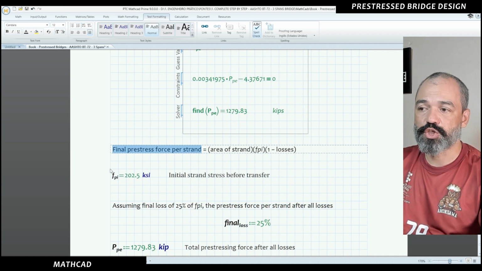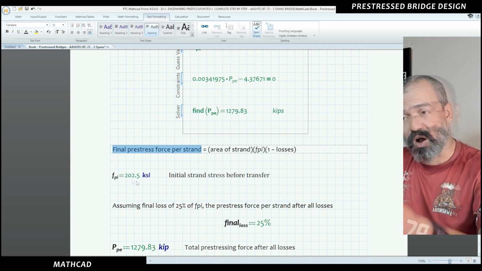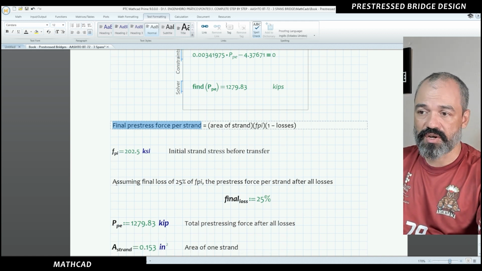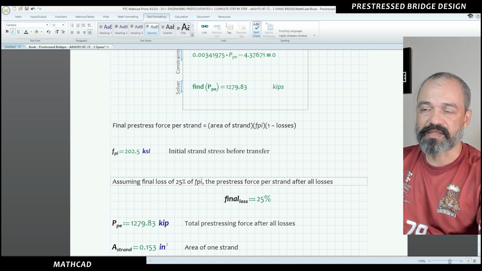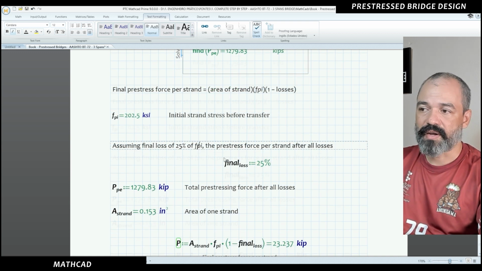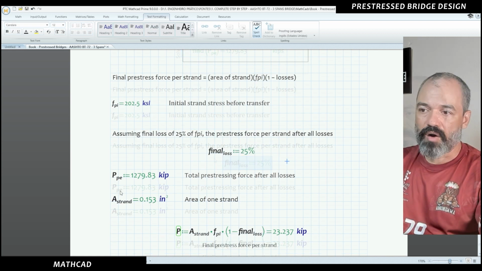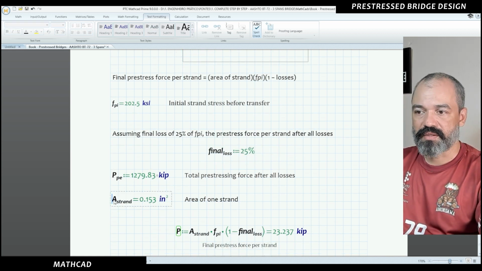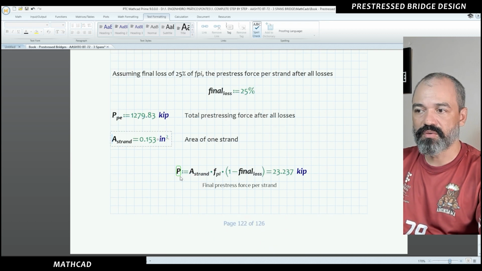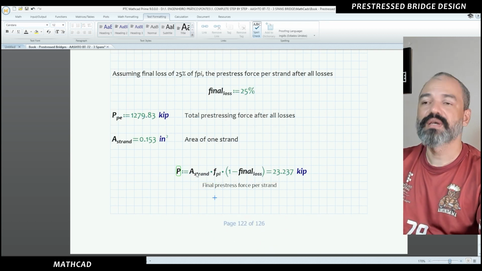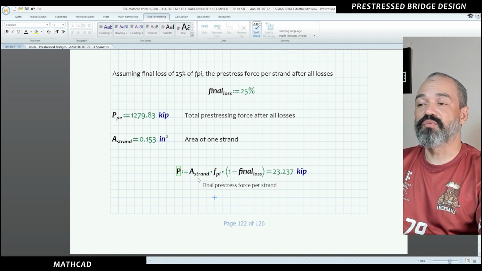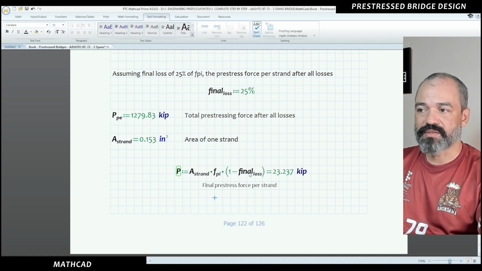So the final prestress force per strand is the area of one strand times the initial stress times 1 minus all losses. This is the initial strand stress that we calculated in previous classes, here assuming a final loss of 55% of this initial strand stress. So I declared here a variable, our Ppe, and the area of one strand. The final prestress force per strand, the area of one strand times the stress times 1 minus the final loss, 55%. We got a final prestress force per strand